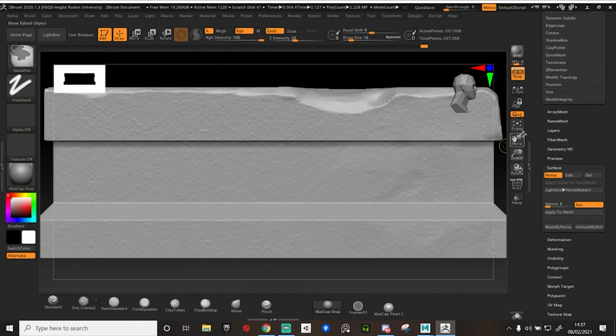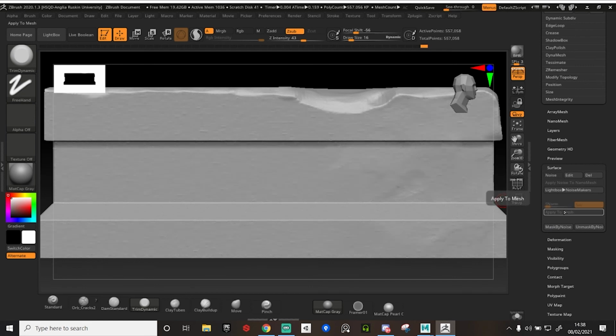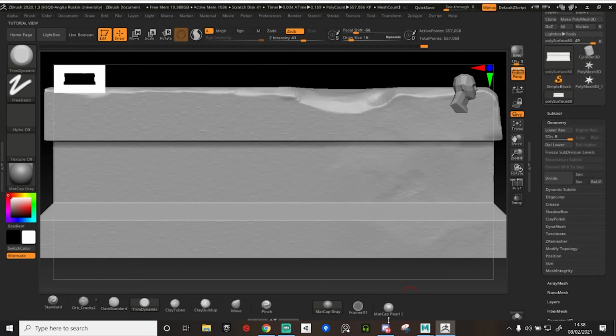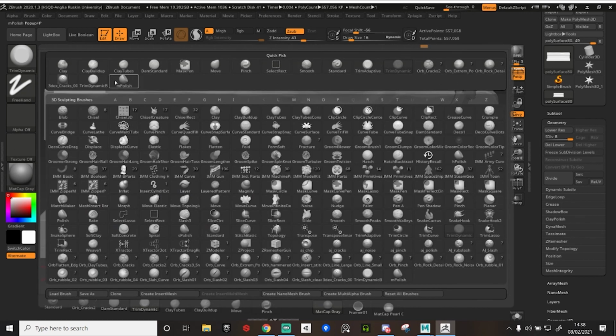So if we're not happy with that going to 2.3 million, I'm just going to apply to mesh now. And with this as well, what you can do is again grab a high polish brush,